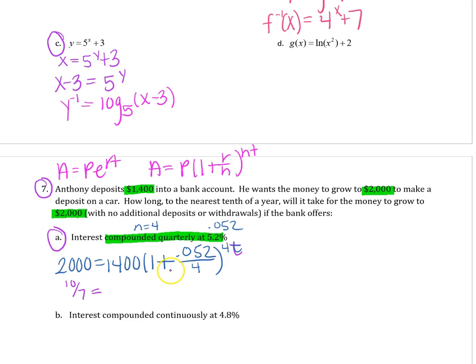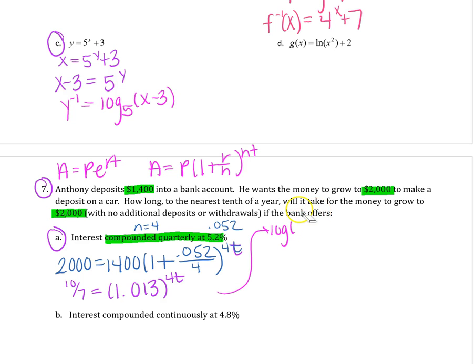Now 1 plus 0.052 divided by 4 will give me 1.013, so I just simplified this, raised to the 4t. Now t is in the exponent, which obviously I don't like, so I want to bring it down to a better location for me to solve for it. So I'm going to take the log of both sides, and that's going to bring this exponent of 4t out in front. So this is log of